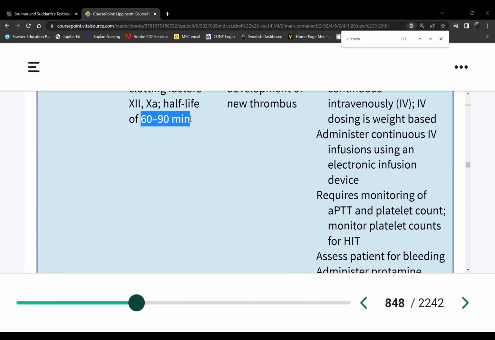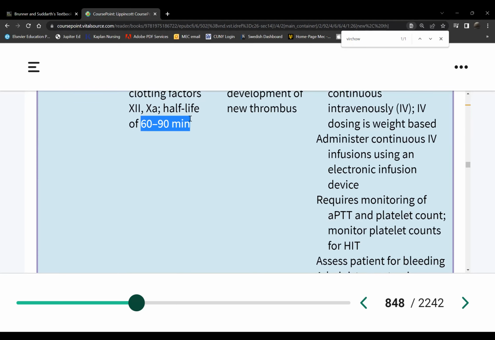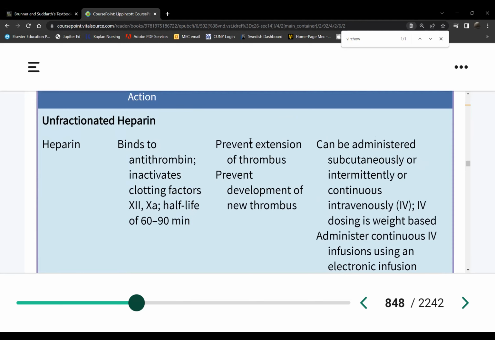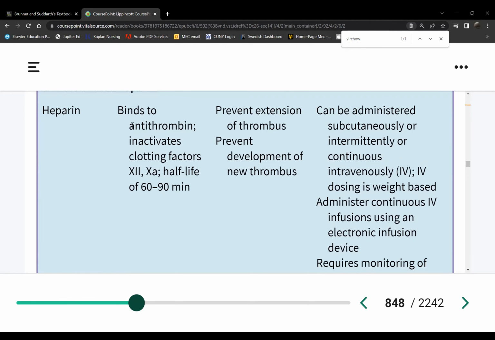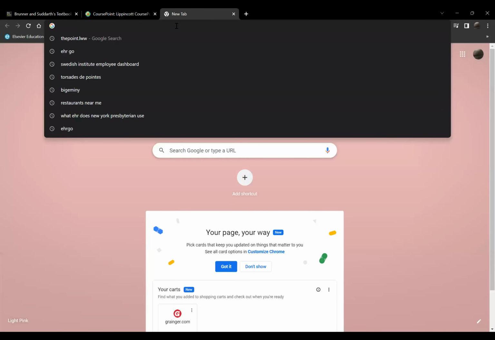So every 6 hours, the phlebotomist has to come up, draw blood for PTT, and then repeat every 6 hours. Why again? The half-life is only 60 to 90 minutes. So if this is the case, why use heparin? It's very short-acting. Why use this one? Well, if you look at how it acts, it's a direct thrombin inhibitor. If you don't know what I'm talking about, maybe this will help.